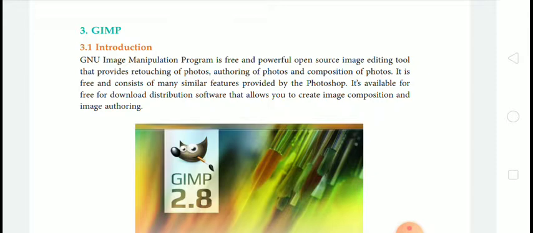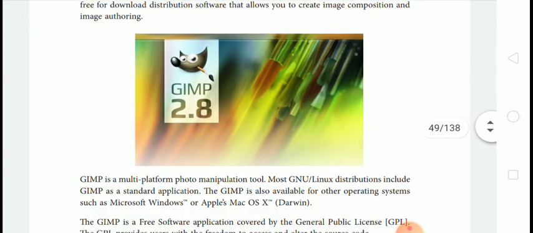It has many similar features provided by Adobe Photoshop. It is available for free download, distribution software that allows you to create image composition and image authoring. So this is the interface of GIMP 2.8.